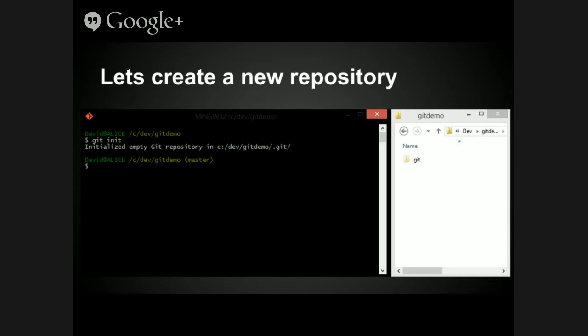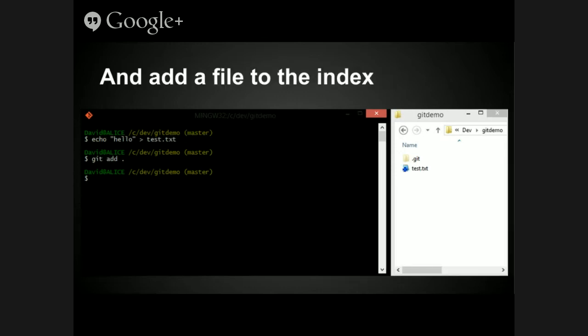So now I can start adding files to my index. To add a file to the index, all I'm going to do is echo the word hello into a file called test.txt. So that's just a standard feature. You can echo to a file, you can pipe into anything. So you'll see I've got a file here. So all you have to do is type git add dot to add all changes since the last commit to the index.